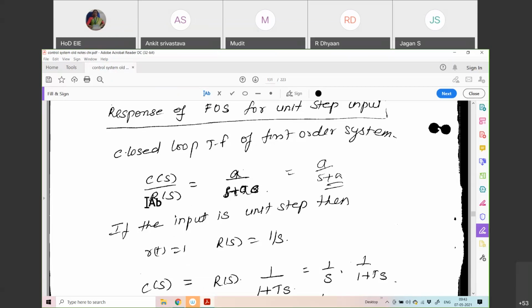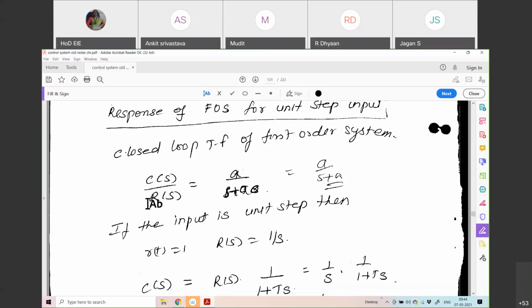When I take R of S in the Laplace domain, I can refer to the input as R of t in the time domain. So it's easy. If I say U of t, then I have to convert and map it to R, which is confusing. Whatever the input, R of t is equal to 1, that is unit step, when t is greater than or equal to 0, and R of t is equal to 0 for t less than 0. I can use any letter, but the functionality according to the definition must be the same.